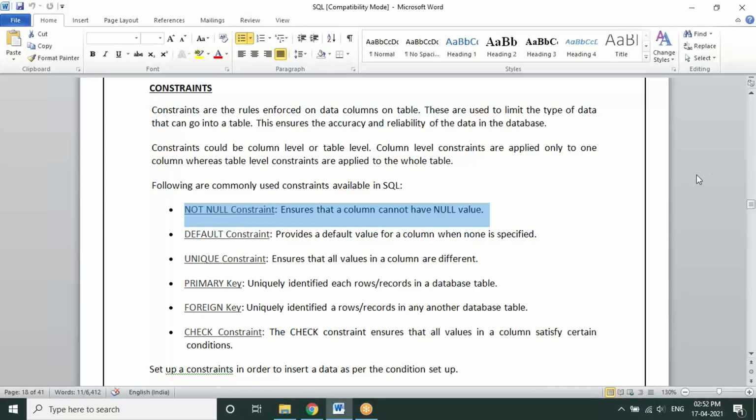Not null ensures that the particular column should not have any null values. No null values are accepted when you specify not null on a column. You might ask whether it is restricted to one column or many columns. It can be on any number of columns that you want to enforce this constraint on. So not null is a constraint which will not allow any null values in the data.